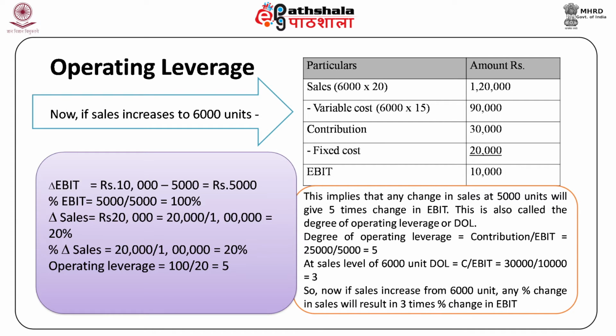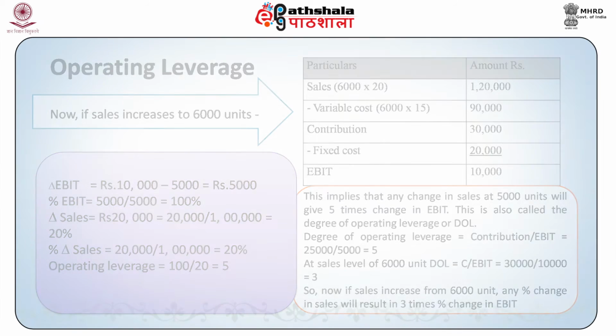Degree of operating leverage is equal to contribution divided by EBIT is equal to 25,000 divided by 5,000 is equal to 5. At sales level of 6,000 units, DOL is equal to contribution divided by EBIT is equal to 30,000 divided by 10,000 is equal to 3. So now if sales increase from 6,000 units, any percentage change in sales will result in 3 times percentage change